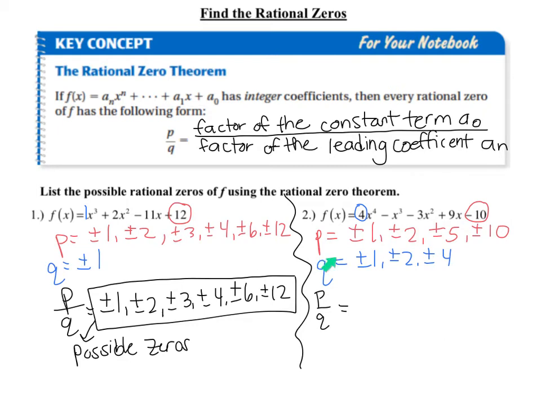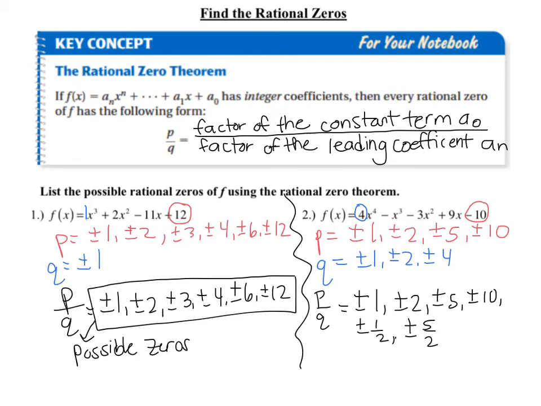Well, I'll start by taking my first factor of p, which is 1, dividing by my first factor q, which is 1. So 1 divided by 1 gives me plus or minus 1. And I'll take 2 divided by the 1, and then I'll do 5 divided by 1, and then 10 divided by 1. Then I'll have to do them each divided by the 2. So I'll have 1/2. 2 divided by 2 is 1, which I already listed, so I don't have to list it again. 5/2. And 10 divided by 2 would be 5, but again, I already have that, so I'm really only adding on plus or minus 1/2 and plus or minus